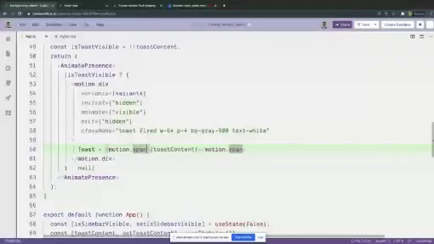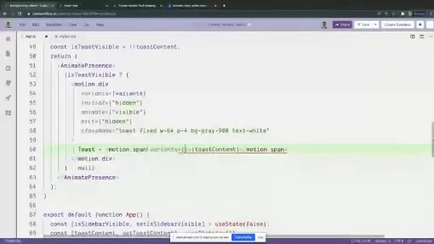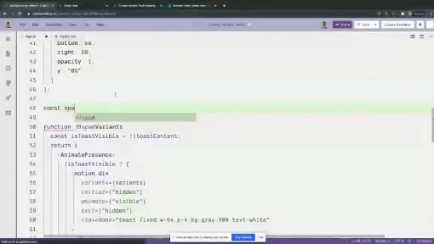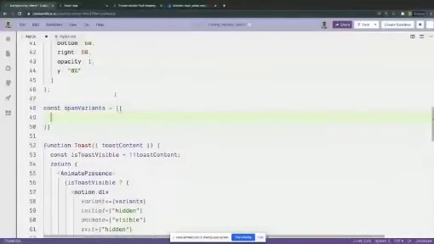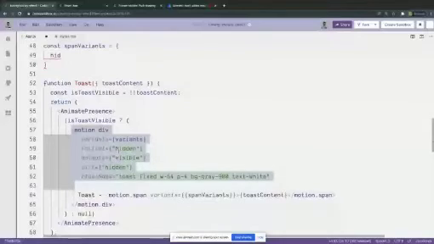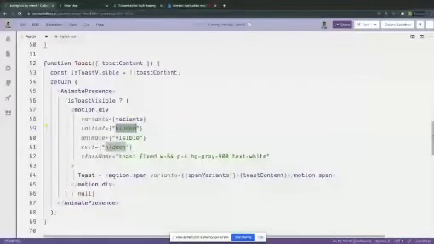So what I can do now is give this one its own set of variants, and I'll call it span variants or something just to differentiate. And I'm going to create span variants. Basically, when the div animates to the hidden state, the span can also look at the state it is in.